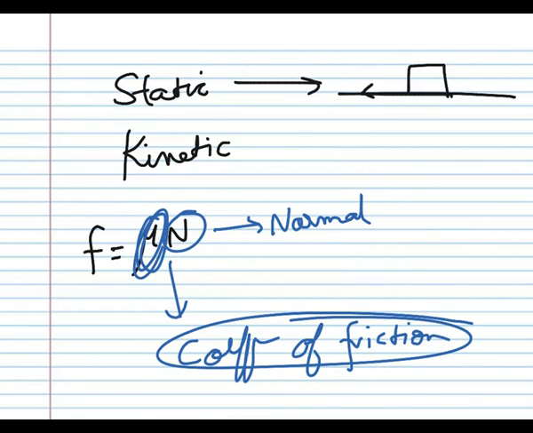So this is the coefficient of friction. Always, in static and kinetic friction, the coefficient of friction differs. In static friction, the coefficient of friction is more. So the coefficient of friction in static is greater than the coefficient of friction in kinetic. Always static friction is more than kinetic